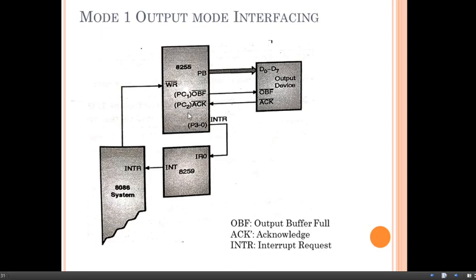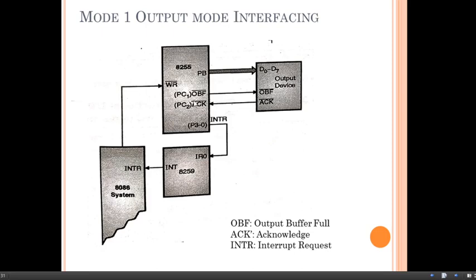The port A, port B and handshake signals are interfaced with the peripheral as shown in this diagram. Here only port B and the related port B handshake signals from port C are represented in this diagram. Port A and its handshake from port C are not represented here. If instead of this PB, PA is there, then PC3, PC6 and PC7 from port C are used.